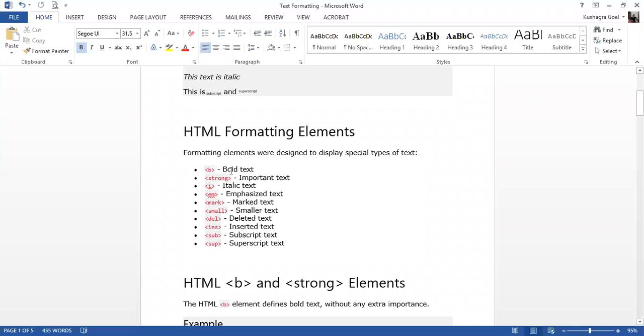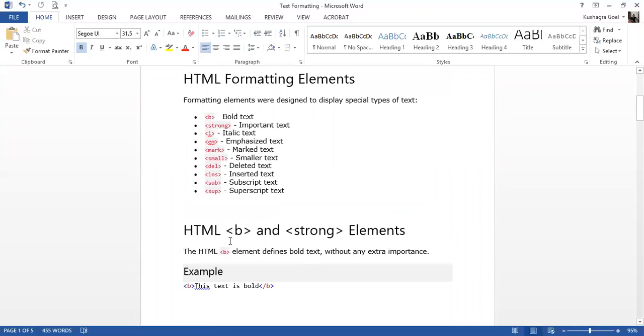The b tag is used for bold text, strong tag for important text, i for italic text, em for emphasized text, mark for marked text, small for smaller text, del for deleted text, ins for inserted text, sub for subscript text, and sup for superscript text.